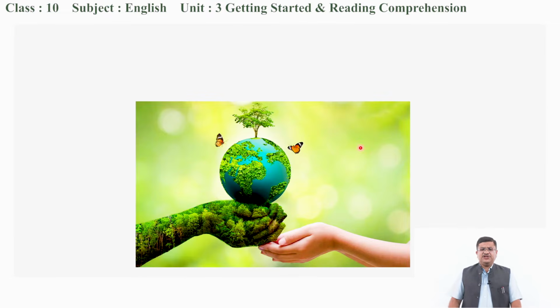Next one, what do you see in this picture? Can one of you guess it? Absolutely, you are right. Yeah, there is a globe, and in the globe there are, let's say, two hands, and it seems greenery also. It's very, very good. So, can you guess what health this picture represents? Yes, you're right. This is known as environmental health.